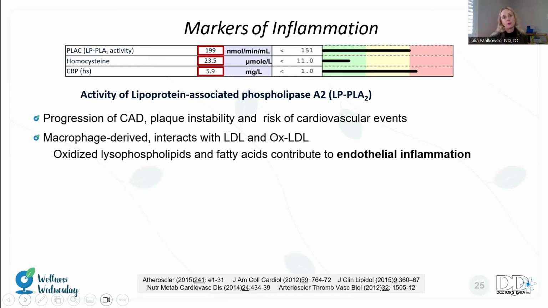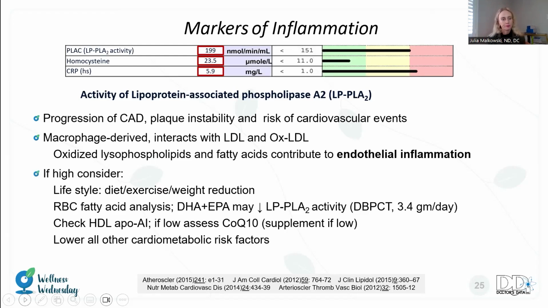Now, we'd be remiss to not discuss markers of inflammation, as we know that metabolic syndrome is increasing in the population. For the markers of inflammation that we have here today, we have plaque. Now, plaque is going to be an enzymatic marker associated with atherosclerosis. And then we have the marker of homocysteine. And we also have the marker of high sensitive CRP.